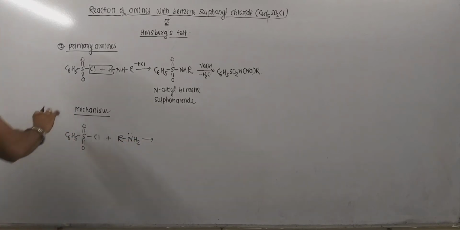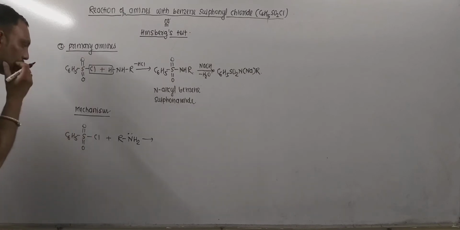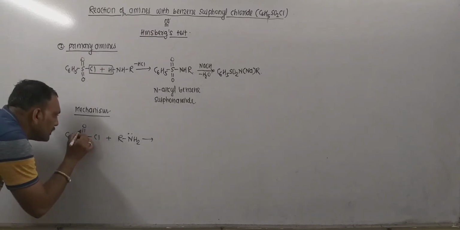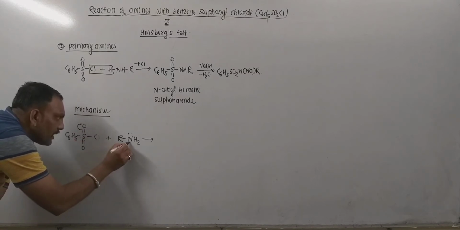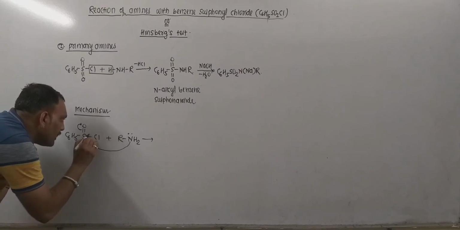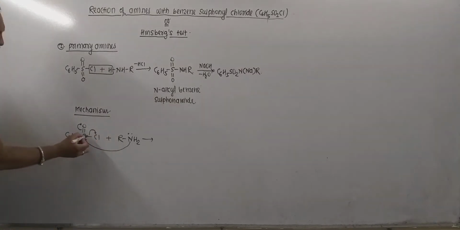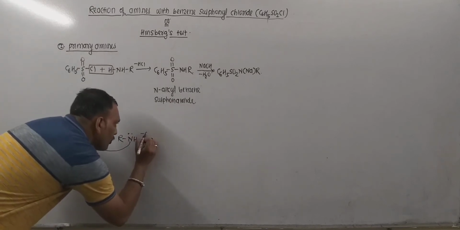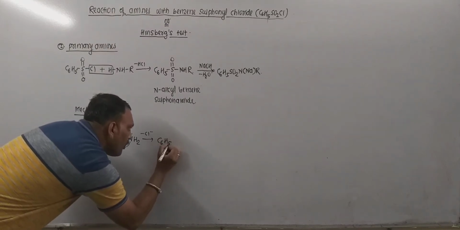Now sulfur is surrounded by all electron withdrawing groups, so this group is polar. This sulfur is readily attacked by the nitrogen with the help of its lone pair, and subsequently departure of chlorine in the form of chloride ion takes place. Along with this pair of electrons, chlorine departs as chloride, and that leads to the formation of